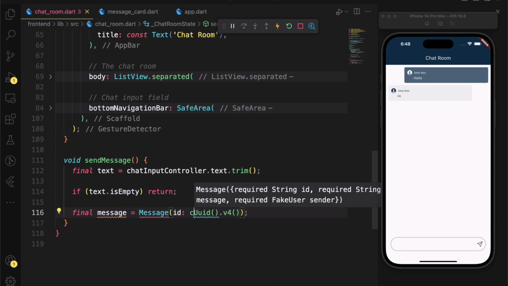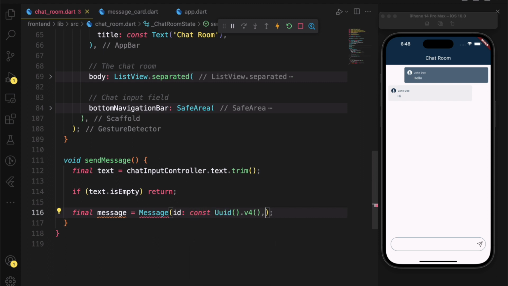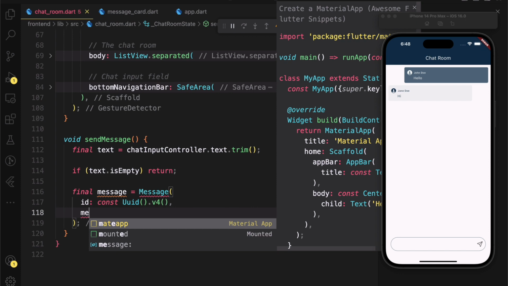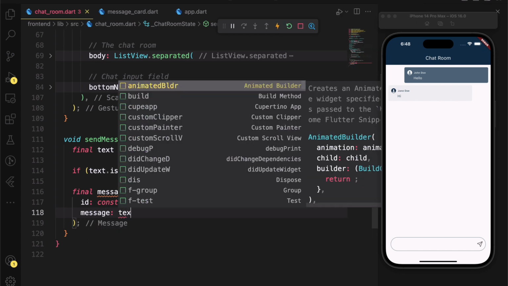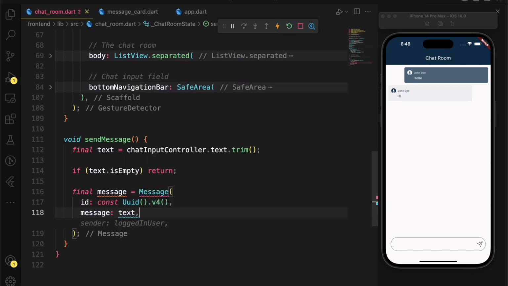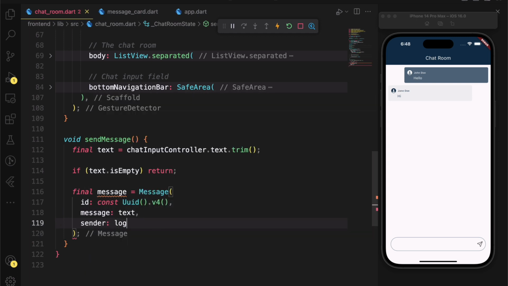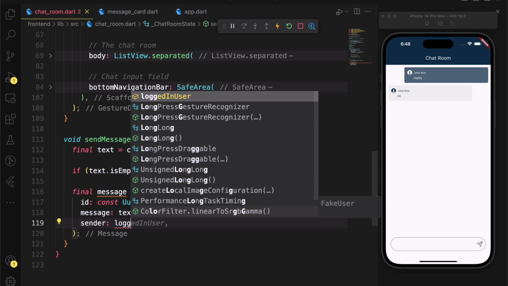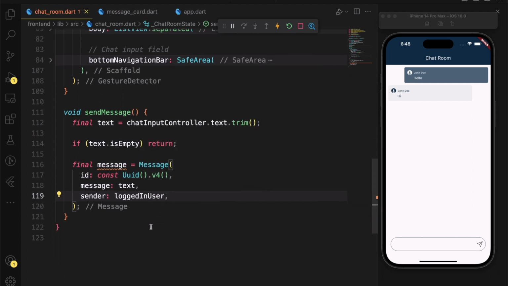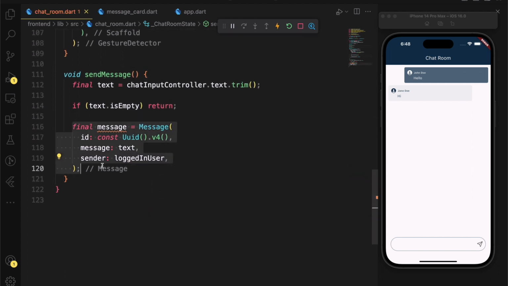And there should be a constant. Then I can pass the actual message, which is the text, to the object. The last thing is the sender. Who is the sender? The sender has to be the logged in user. That way we now have our message constructed properly.